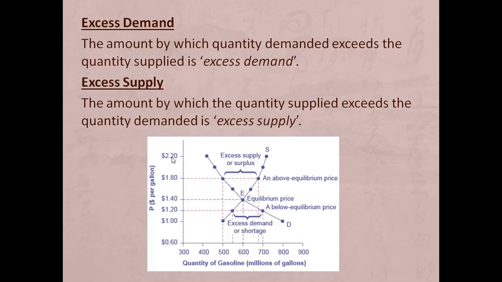Now let us see just the opposite condition, that is the condition of excess supply. Excess supply is a condition when the quantity supplied is more than the quantity demanded. There is excess supply, but the demand is very low as compared to the supply. At this point of time there will be an abundance of commodities in the market, but the demand will be very less, so the price of the commodity will fall.